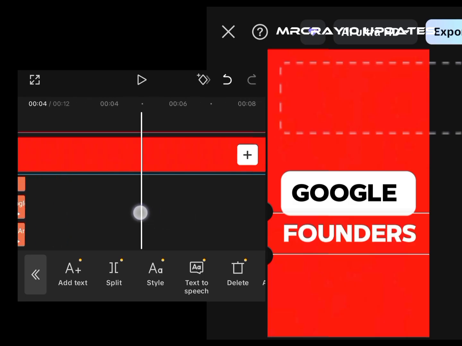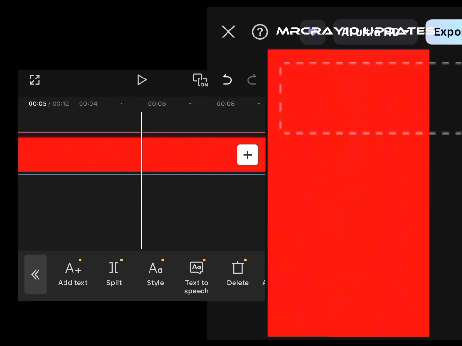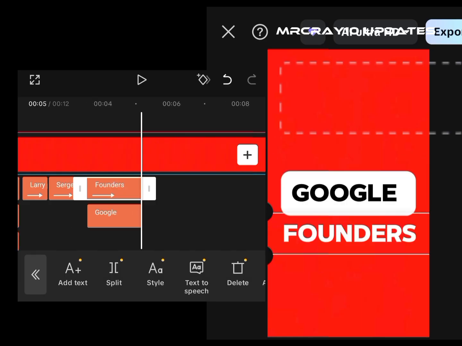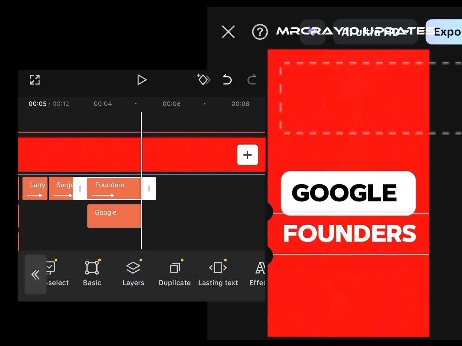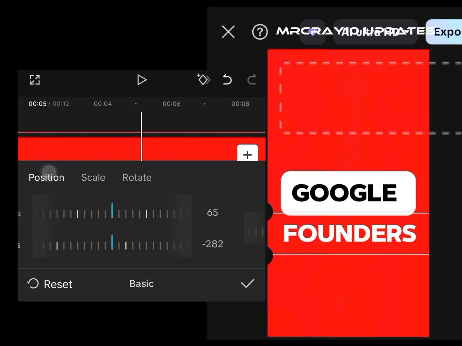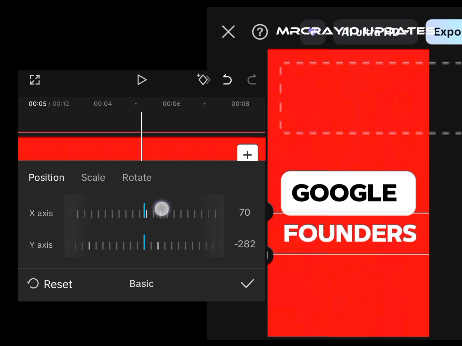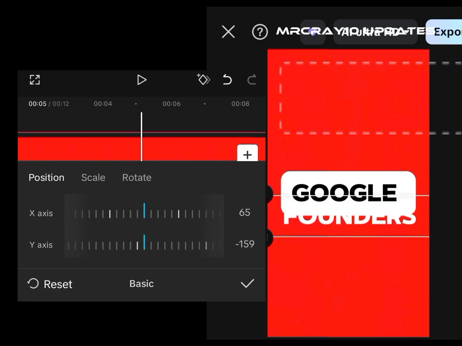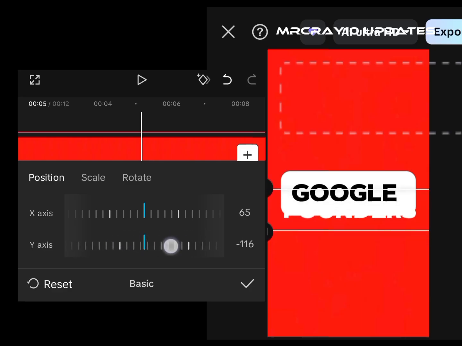So now this is how we want it to appear. You tap on this founders like this. Now you are going to take it in. Just drag it up. Go to basics, go to position. Now drag it up like this. So at this point,